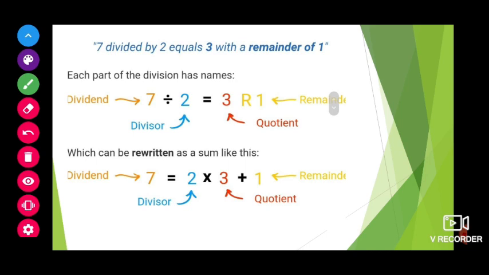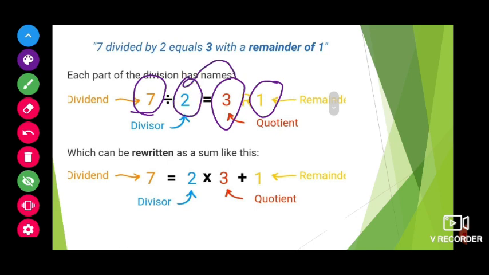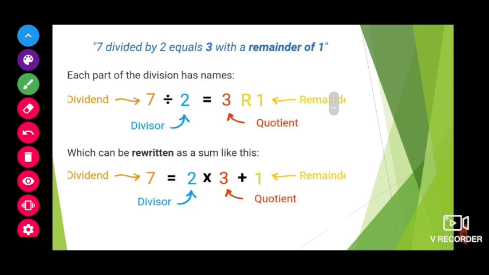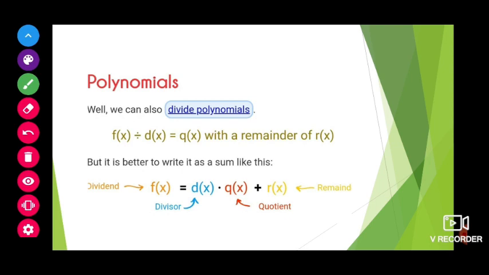First, just an introduction to the remainder theorem. If we take 7 divided by 2, we get 3 as the quotient and the remainder is 1. Now how can we write the dividend 7? 7 is equal to the divisor into quotient plus remainder. In the same way, whenever we come to polynomials, we can use the same, children.